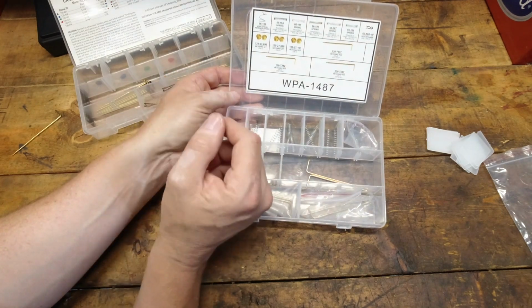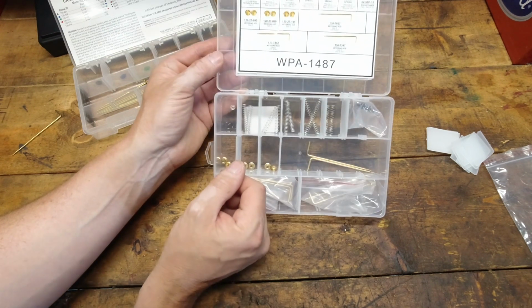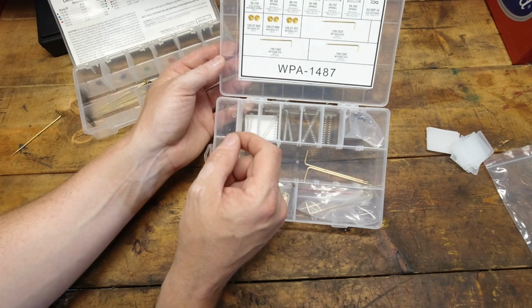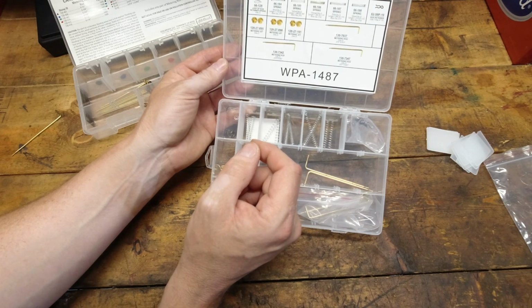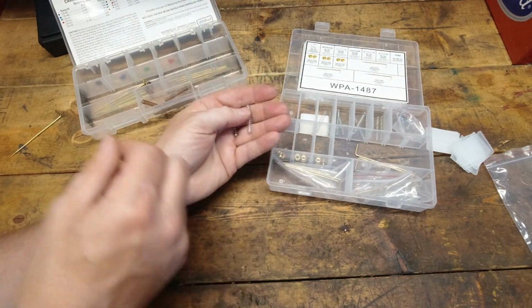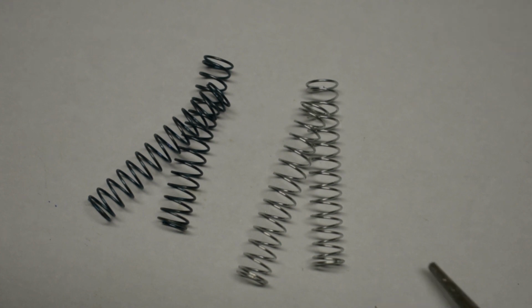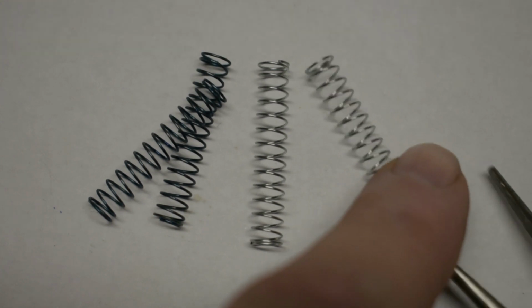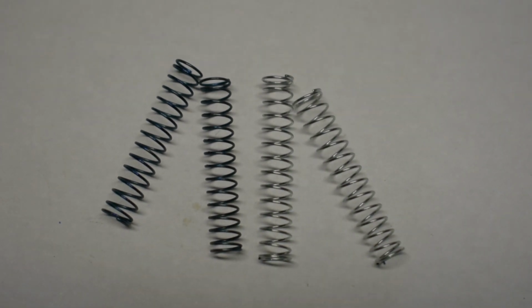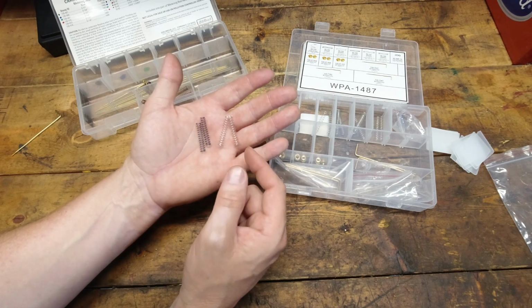Here's the thing with the springs: they have them labeled blue spring, yellow, orange, pink, silver, just like Edelbrock does, but none of these are color coded. They are all natural finish, silver finish, and we've got no way to compare. These are supposed to be the blue springs, and here is the Edelbrock blue springs, and there's no way I'm going to be able to tell these apart. I think the only way I will be able to do that is to put them in the carburetor on an engine that's at the appropriate vacuum level and just see what the step-up piston is doing at idle, because we can verify if that's actually in the range. But not being color coded,